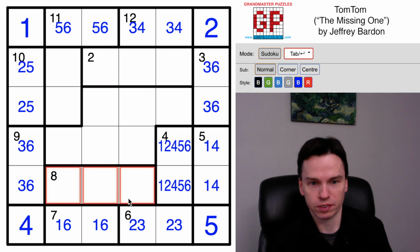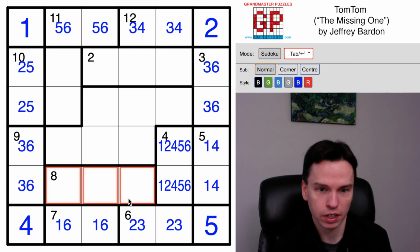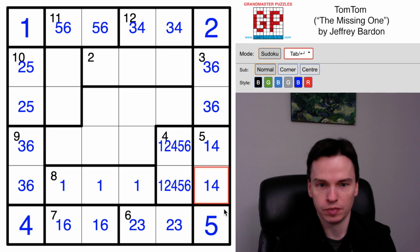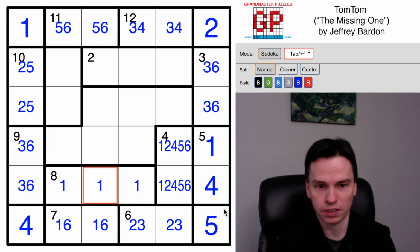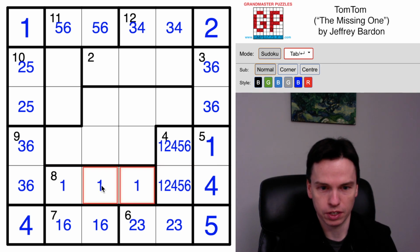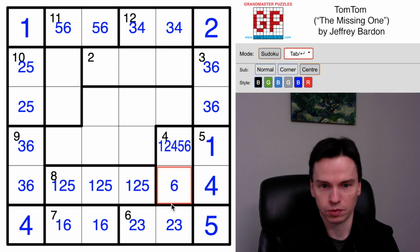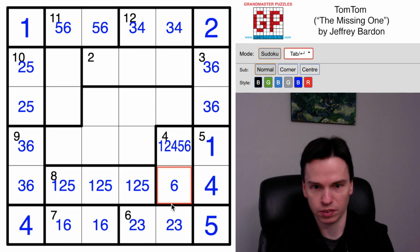8 can be a sum or a product, 1, 2, 4, but look at this 1, 4 over here, that wouldn't work, so this has to be a sum. 1, 2, 5 or 1, 3, 4. This 1 eliminates over here. That now means this is 1, 2, 5. And eliminating all those digits, we're left with just the option of the 6 here from what we talked about